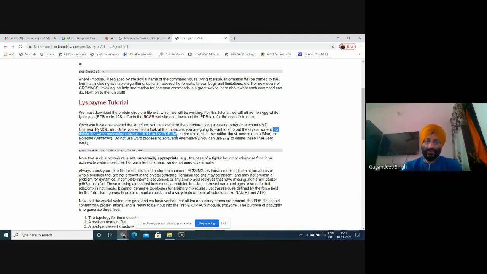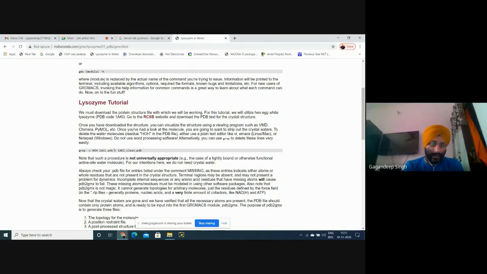We should use this command if we want to remove the water molecules. Grep -v HOH is the grep command of Linux, where we remove HOH, meaning the water residues, from this available PDB structure.